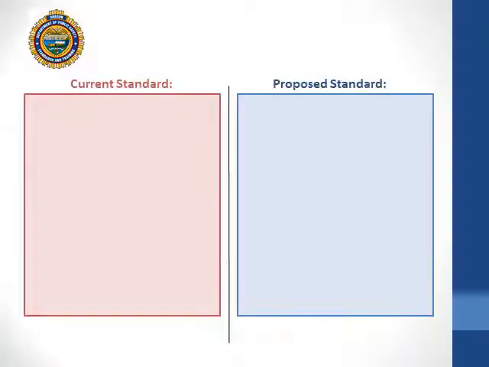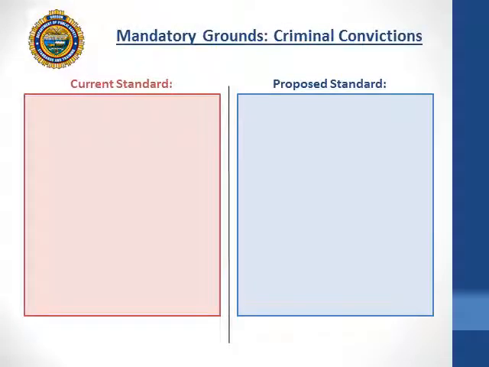Certain criminal convictions may also be considered mandatory disqualifiers for certification purposes. Please note that this standard and the standards that follow do not require that the conviction occur in Oregon. These standards apply to any conviction that may have occurred in any jurisdiction that, when compared to Oregon law, would constitute a criminal conviction. Under the current standards, DPSST is required to deny or revoke public safety certifications upon discovery of a conviction for any of the following: any felony offense,